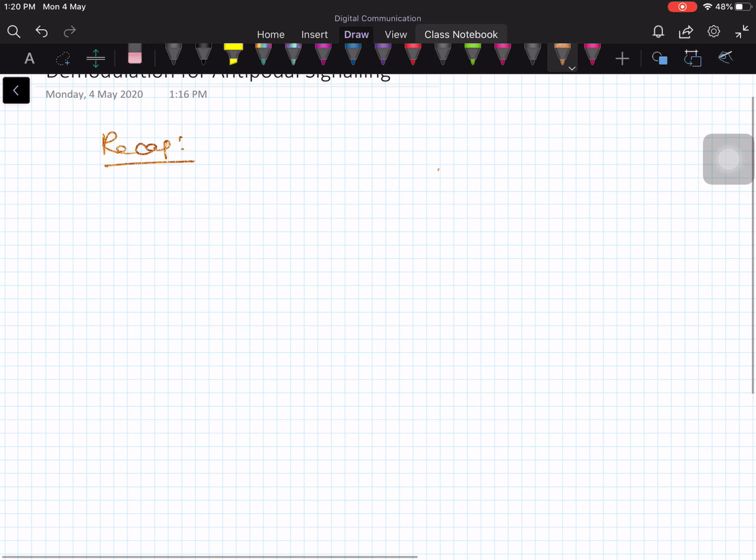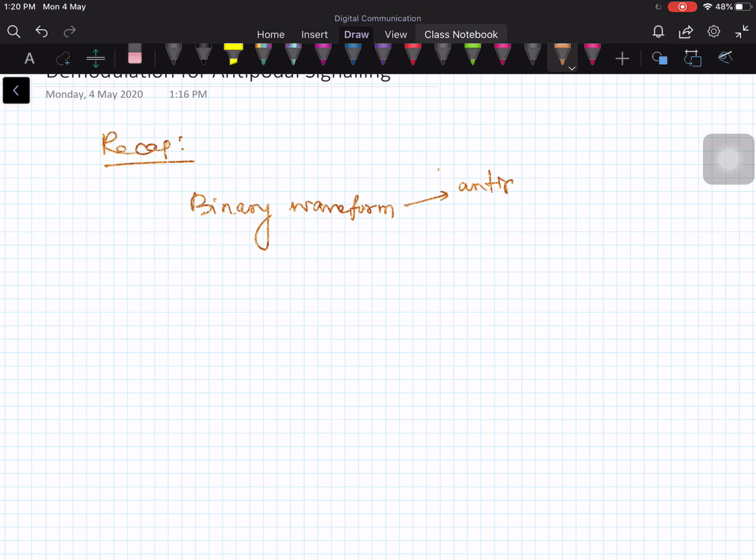So we are going to consider binary waveforms. As I said, in binary waveforms we have antipodal and orthogonal. These two are binary waveforms. An example: let me consider the antipodal kind like binary phase shift keying. So in this, the example is binary phase shift keying. For orthogonal, binary frequency shift keying. Okay, so let me take this binary phase shift keying or antipodal signaling scheme in this,